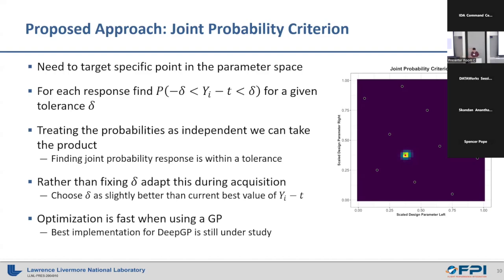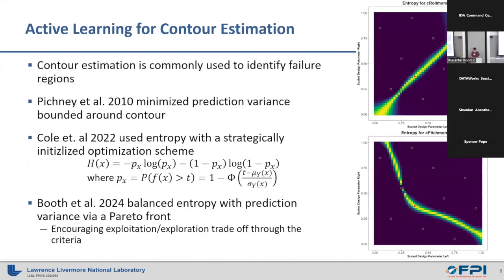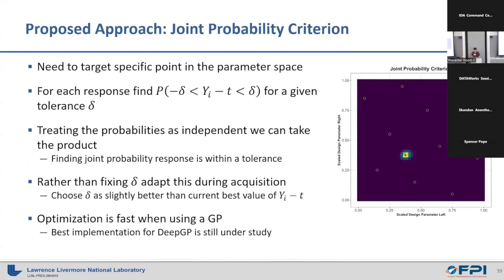And so you can see here comparing, right, if you just look at entropy where you are sampling along the whole contour, using something like this actually does target the crossover region. So even with some limited data, we already have a pretty good idea of where this point is going to occur. Here we're treating the probabilities as independent, so we can take the probability just by multiplying all of those. And rather than fixing delta initially, we adaptively shrink this over the acquisitions so that we can narrow in on the